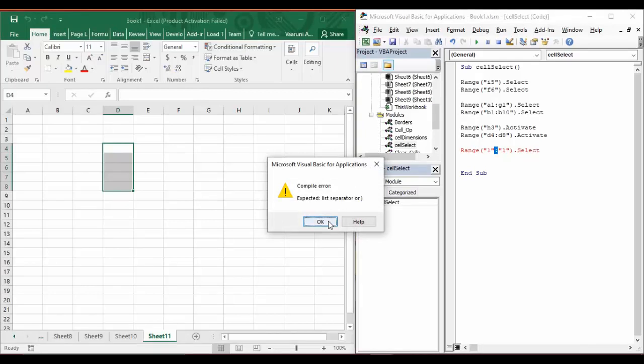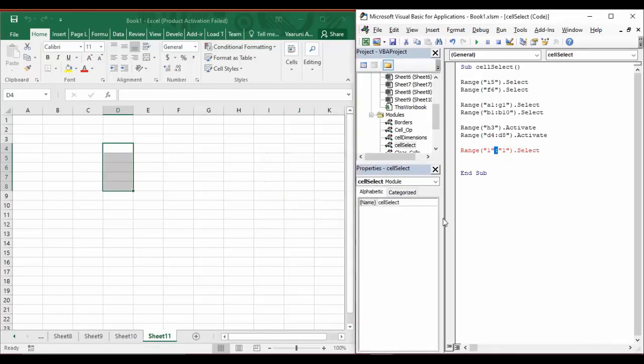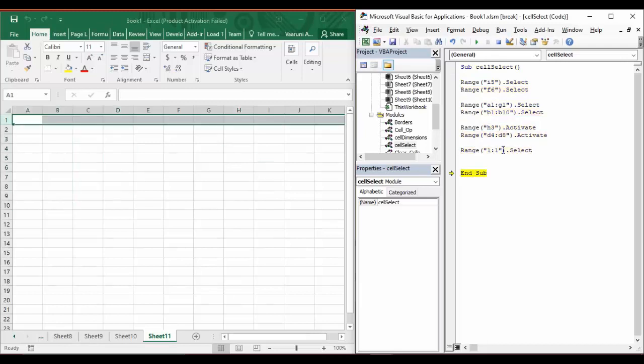The error that we are getting over here is that it needs to be in the same double quotes. Now if we run it, this code is all similar. Now you can see 1, 1. What it would do is select the first row and the first column completely.